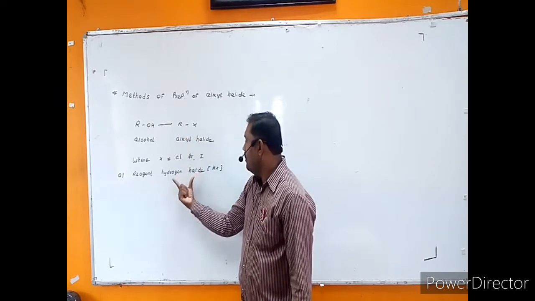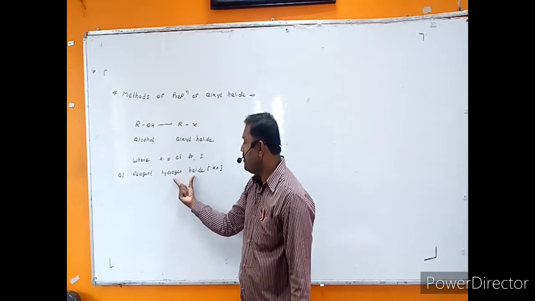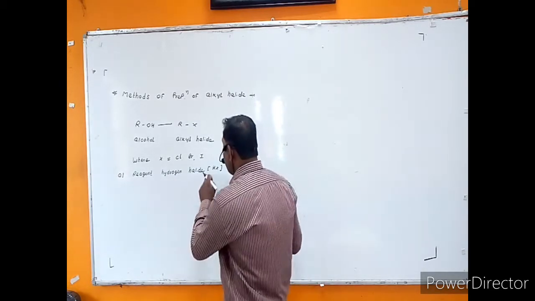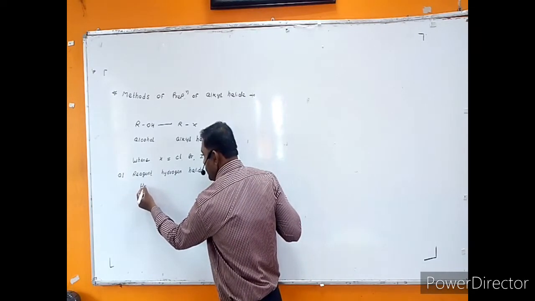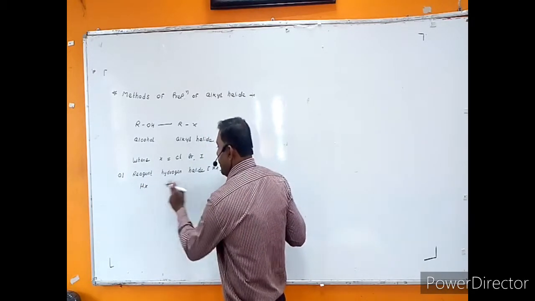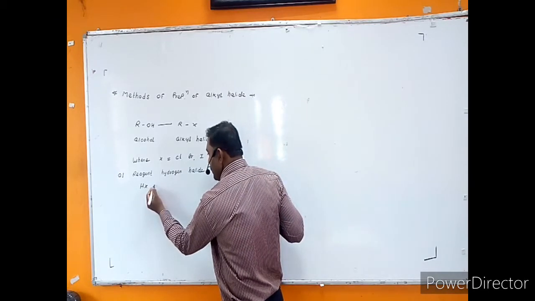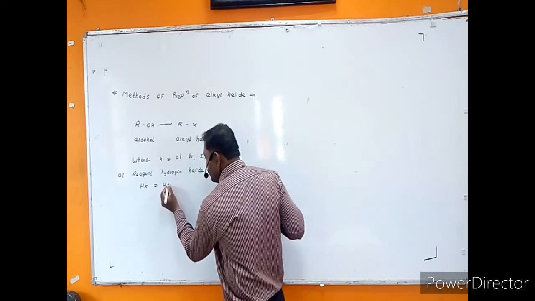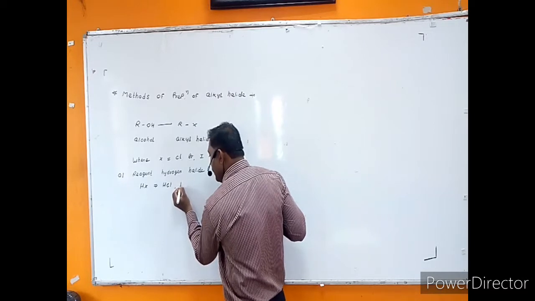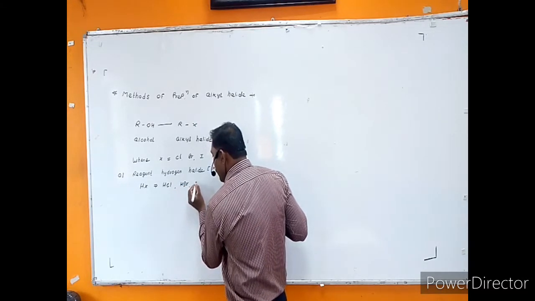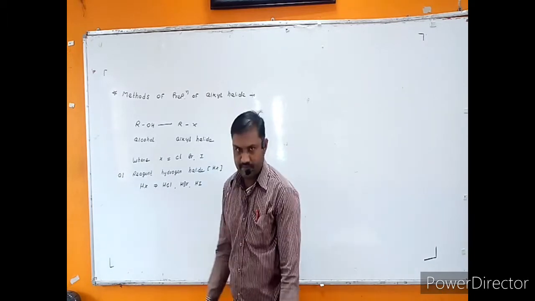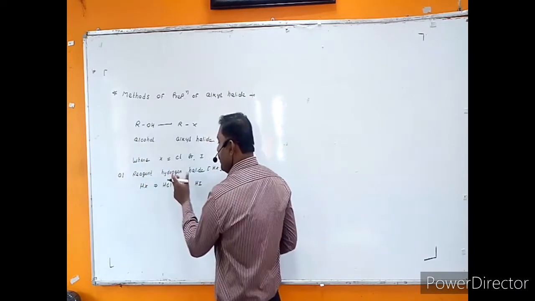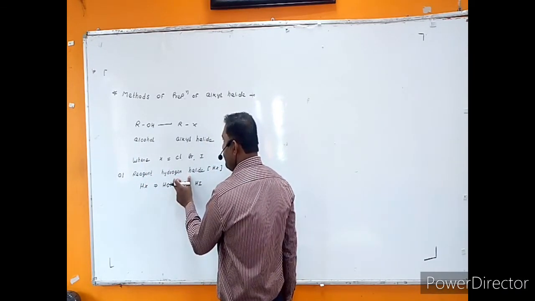Clear? Now, while we are considering hydrogen halide, what can we use? In general, hydrogen halide can be represented as HX, but in detail, if you try to take a hydrogen halide, one can use HCl, one can use HBr, or one can use HI. Now what you have to carry out? You have to carry out reaction of alcohol with this hydrogen halide, then only we get alkyl halide.